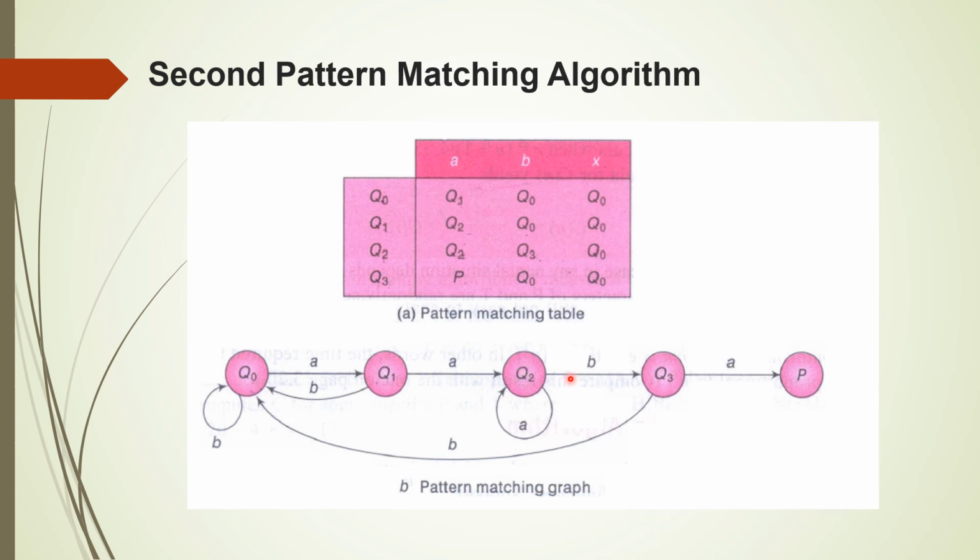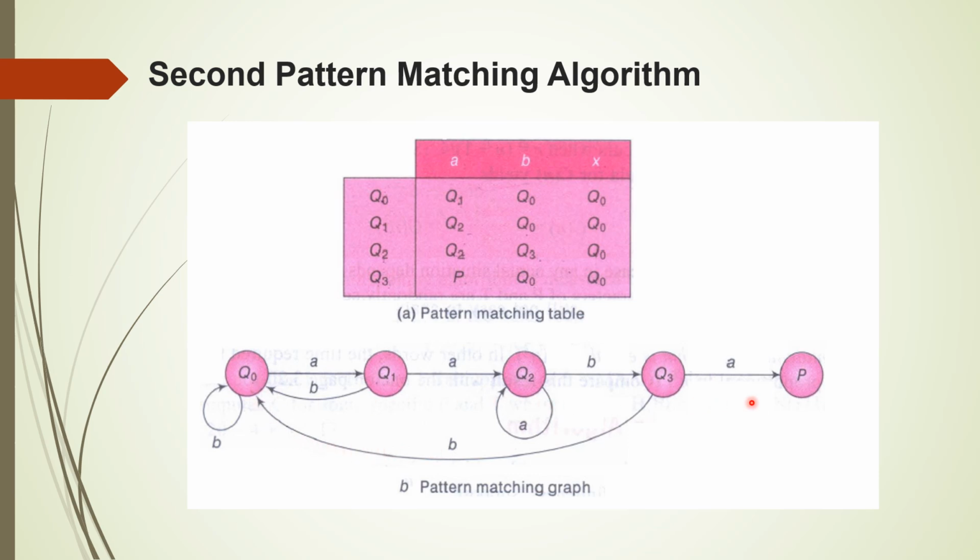From the state Q2, in the text, you must get B. Instead of getting B, if you get A, you will be in the state Q2 only. Any number of times you may get A, you stay in the state Q2. So soon after getting B, go to the state Q3. From the state Q3, if you get A again in the text, then the pattern is obtained in the text. Instead of A, if you get B, you have to start comparing from the beginning of the pattern. So that's why I will go back to the state Q0.